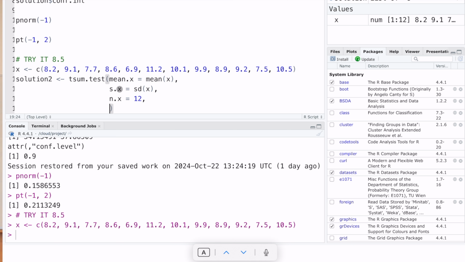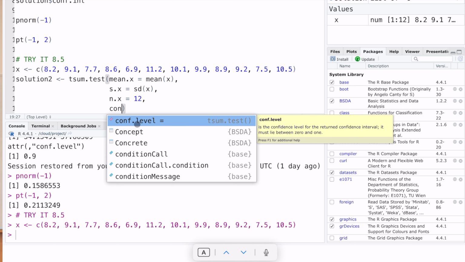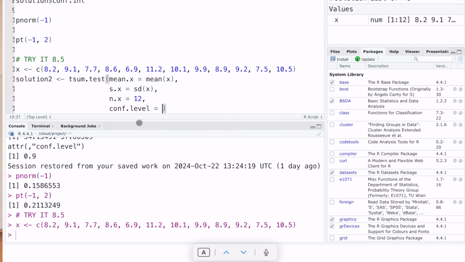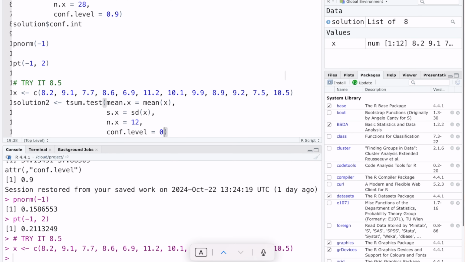Earlier we had confidence level, so we need confidence level for confidence intervals. So choose conf dot level equal, we say 0.95. Do not write 95 there, the confidence level will be in terms of between 0 and 1. And that's it. So if you run this,